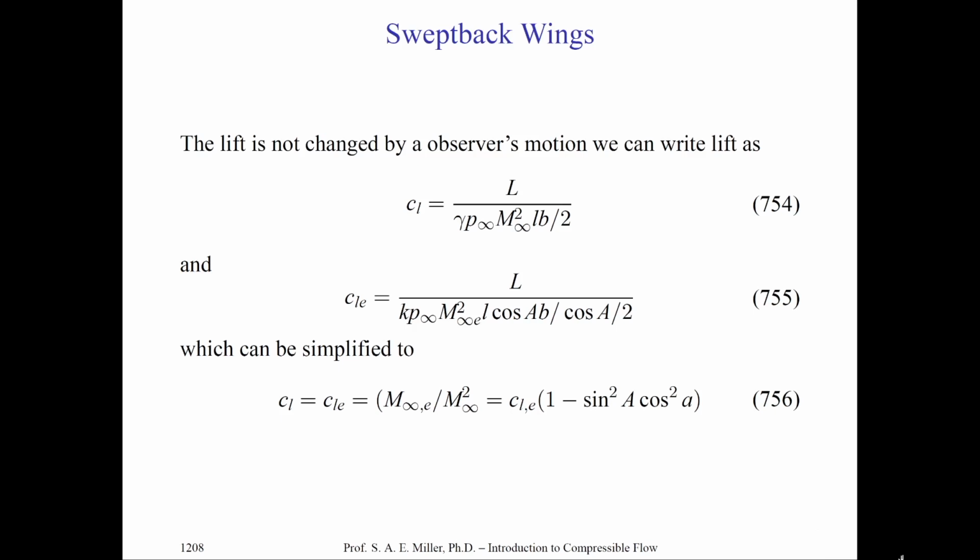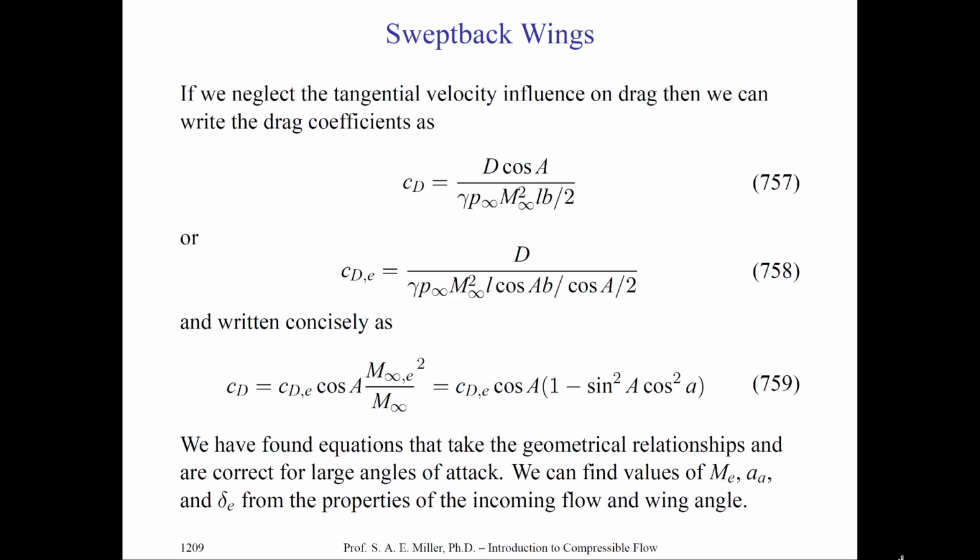Now, of course, the lift does not change, so we can set C L equal to C L E, and we can make these substitutions, eliminate, and we find the following equation. We can find, indeed, that C L equals C L E, and therefore M infinity E over M infinity squared equals C L E times 1 minus sine squared A cosine squared a, where A is the sweep angle and little a is the angle of attack. Now, if we neglect the tangential velocity influence on the drag, which is relatively small compared to the streamwise one,